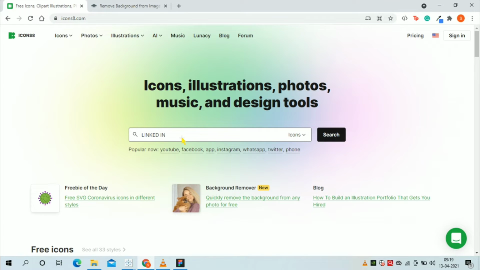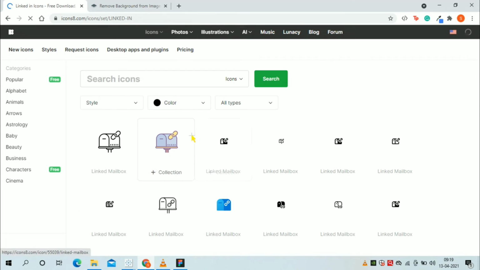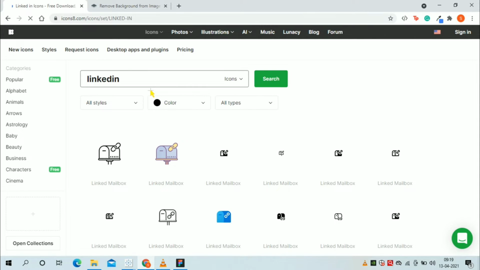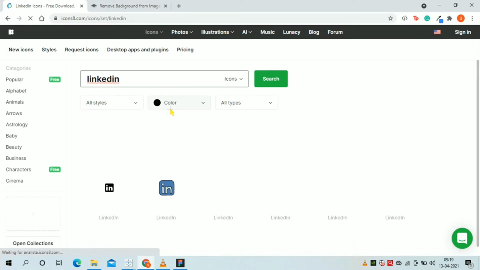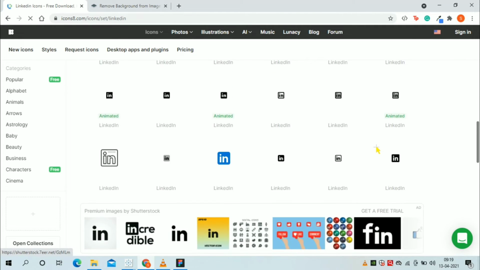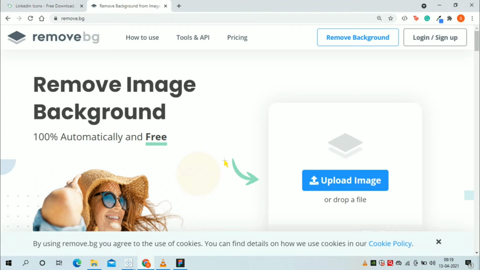If I search for LinkedIn, then I'll get the icons for LinkedIn. Oh, sorry, you don't need this space here. Now if I search, see, you can find different kinds of icons for LinkedIn. And if you don't find any, then you can Google it and remove its background using remove.bg.